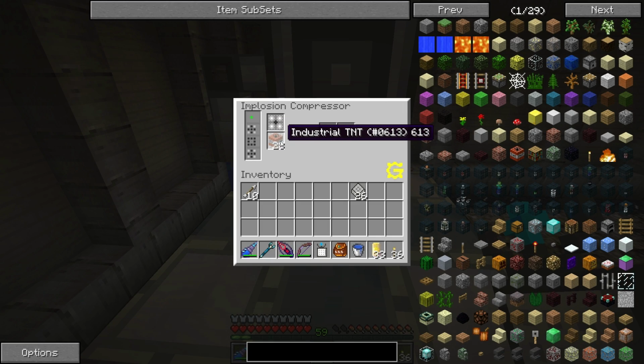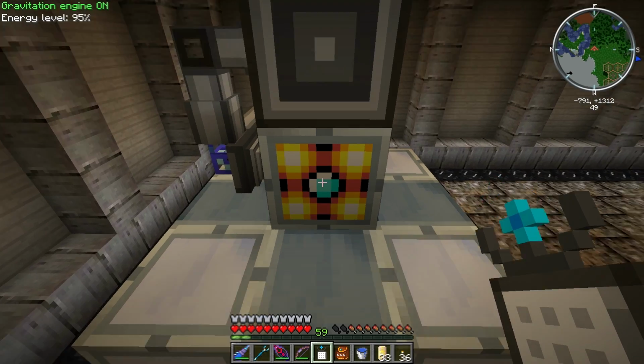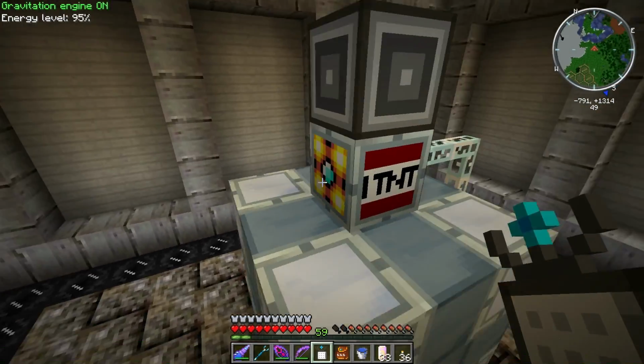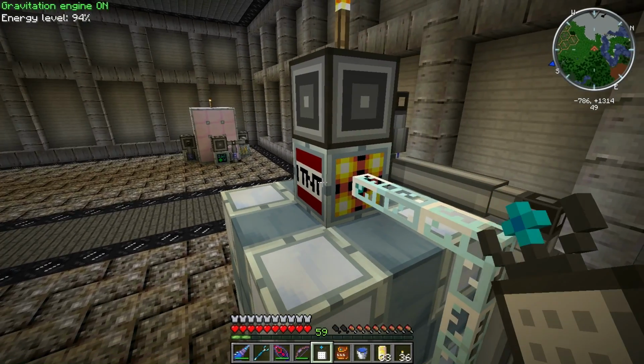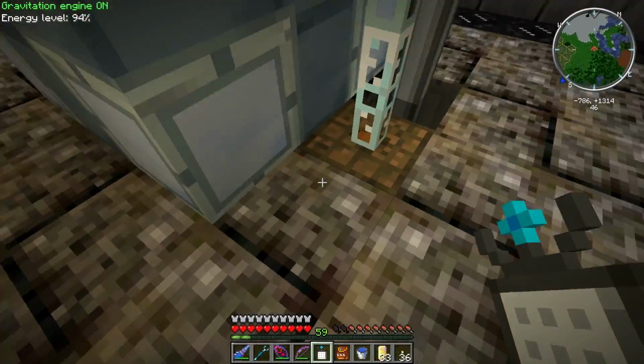Okay, so yeah, this bottom thing will always have the industrial TNT. That's what we want. And then I need to make a pattern for this top thing so we can put, you know, iridiums in here, or, oh gosh, emeralds. One more thing to note though, this implosion compressor does take 32 EU, so you gotta make sure you step